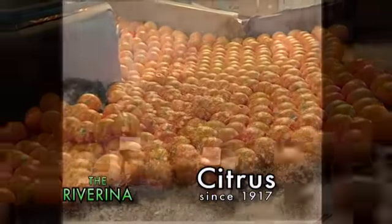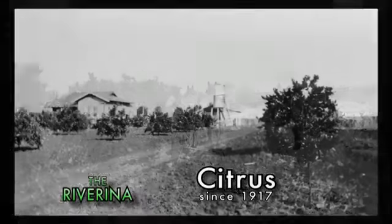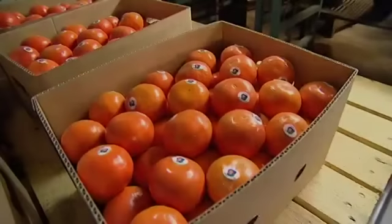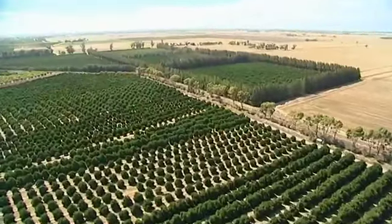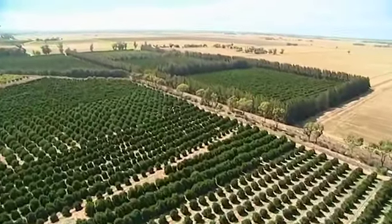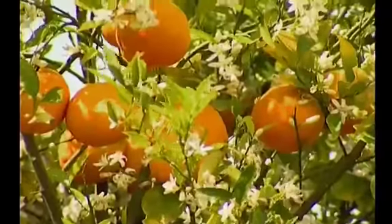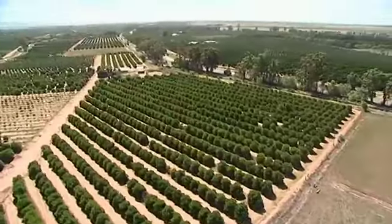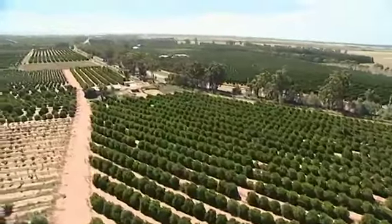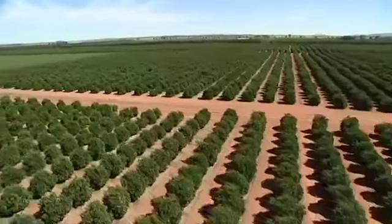The Riverina has a long history of producing citrus dating back to 1917. It supplies about 30% of Australia's citrus. With over 3 million trees in total, the Riverina is Australia's largest citrus growing region. Valencia oranges are available almost year-round and make up the largest portion of the citrus produced in the area. Winter and summer navel plantings are increasing, and with the introduction of new varieties, navels are now available from May